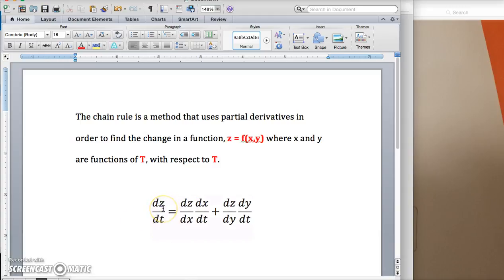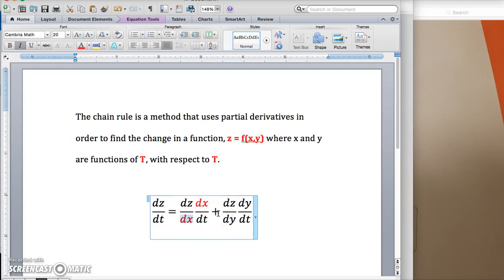It would be, in order to find the change in z with respect to t, which is dz over dt, you have to do dz over dx multiplied by dx over dt, and then you have to add dz over dy multiplied by dy over dt. As you can see here, if you cancel out the dx's, I'll highlight them in red, if you cancel out both the dx's, you're left with dz over dt, which is what you want,